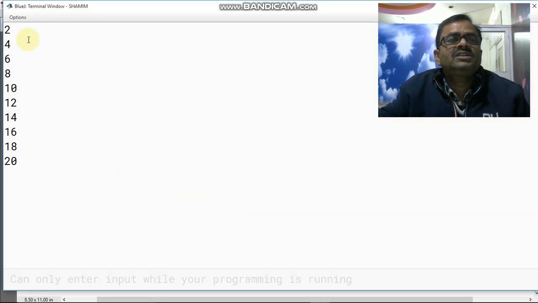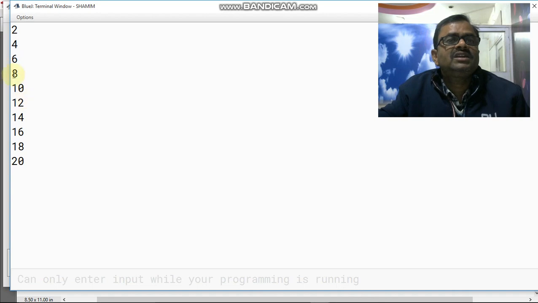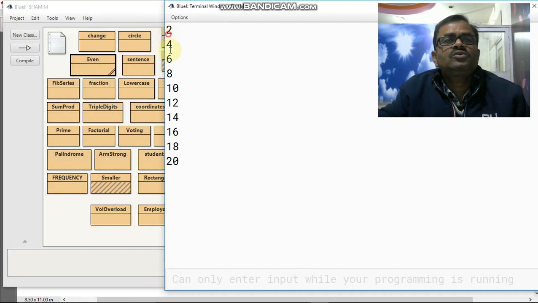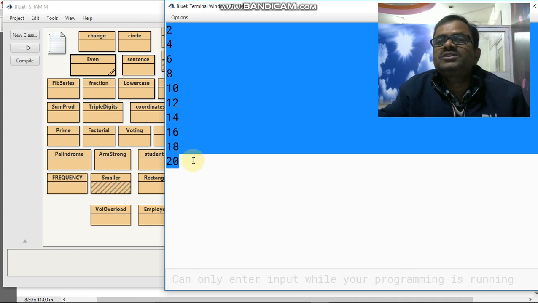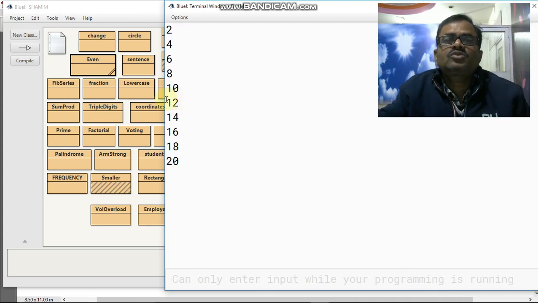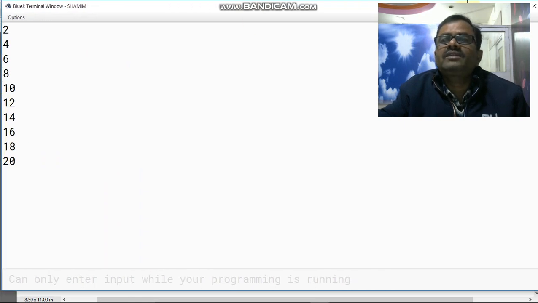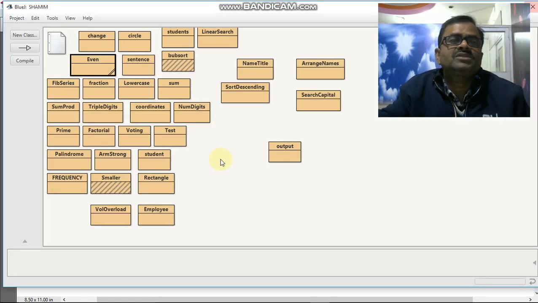Now you see the output has been changed. Earlier it was 1 2 3 4 5, but now it is 2 4 6 8 10 12. Okay, like that you can see here, this is 2 4 6 8 10 12 up to 20 you are getting on the screen. So my dear students, this is the way how this for loop is working. For loop is a very important statement, a very important function in Java programming, which is very much useful in the programs.